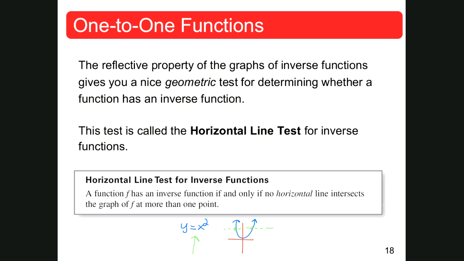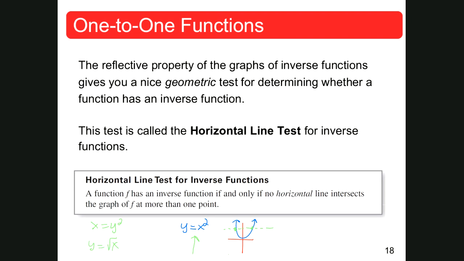Okay? Now some people would say, well, I could write an inverse function for that. Well, sure, you could write one, but it doesn't have an inverse that is going to be a function. And the reason is, remember, to be a function, the vertical line test has to work. So if I rewrite this, so x equals y squared, and rewrite this so y is equal to the square root of x,